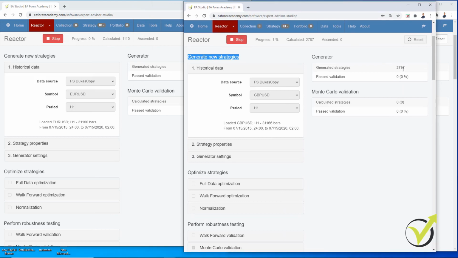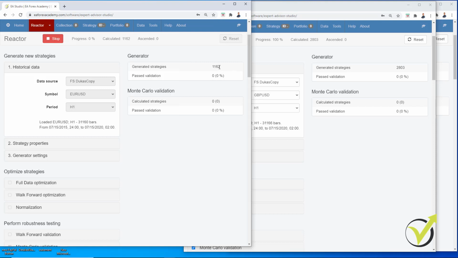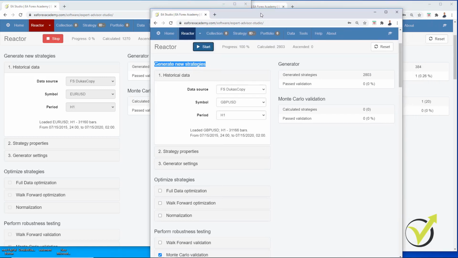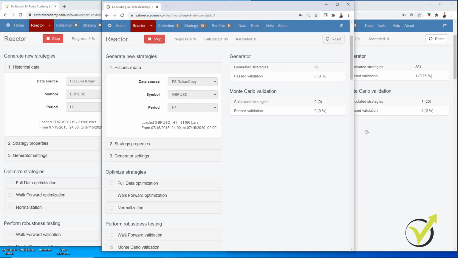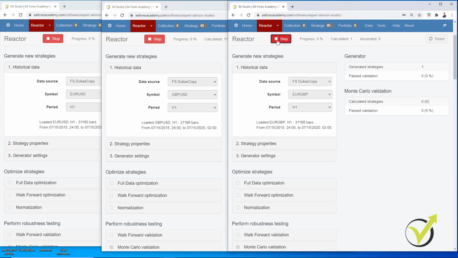You can see the speed increases, or if I stop that one as well, I will push it just on the first one. So it depends on the computer you're using. Keep in mind that EA Studio works in the browser, so give it a try, see how it goes with 3, 4. It depends again what else you have opened on the computer, but if it gets really slow, you can just run one and then another one and then another one. It depends really what machine you're using.